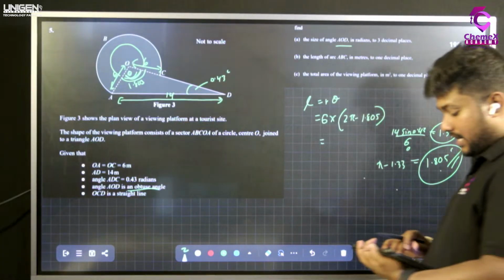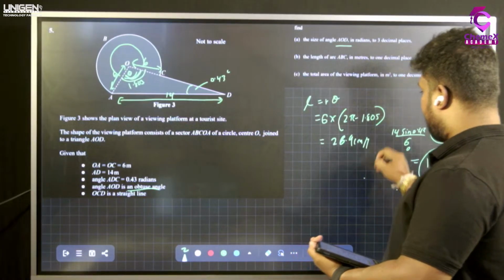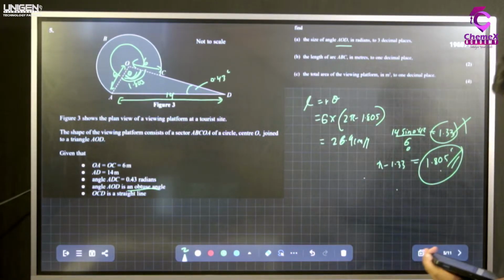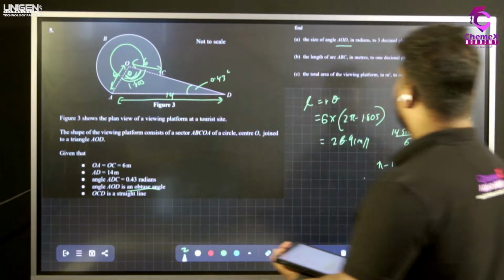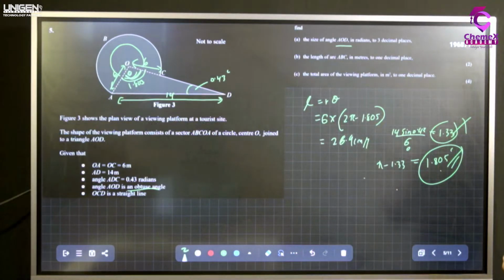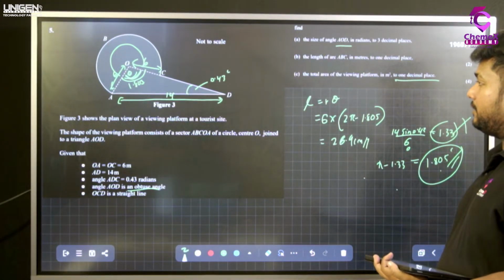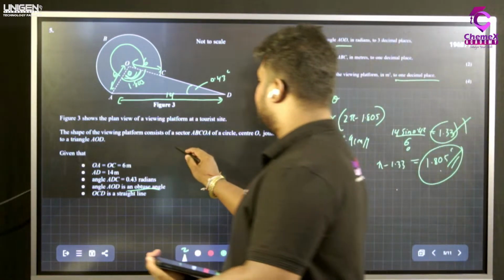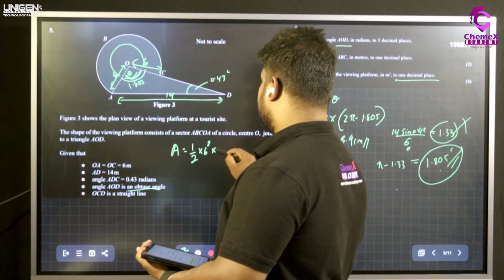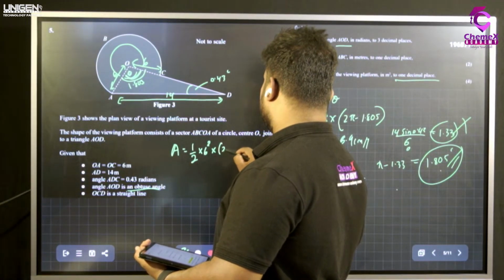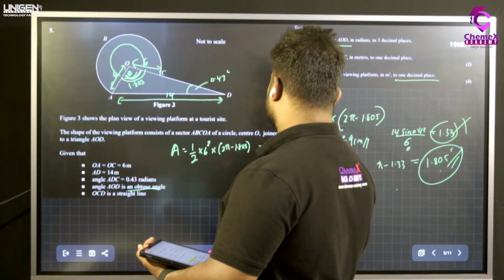So here you get the arc length as 26.9. C part. The area of the viewing platform in meters squared to 1 decimal place. How do you find the area? Half r squared theta. Theta is 2 pi minus 1.805, plus